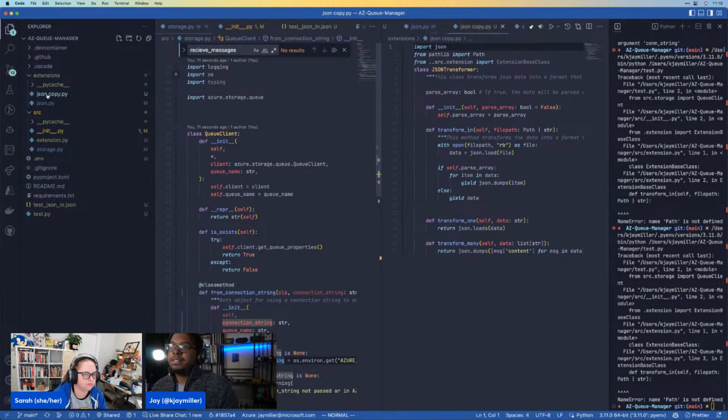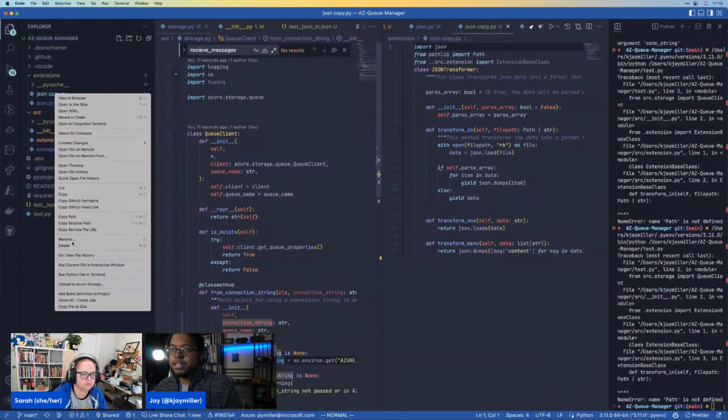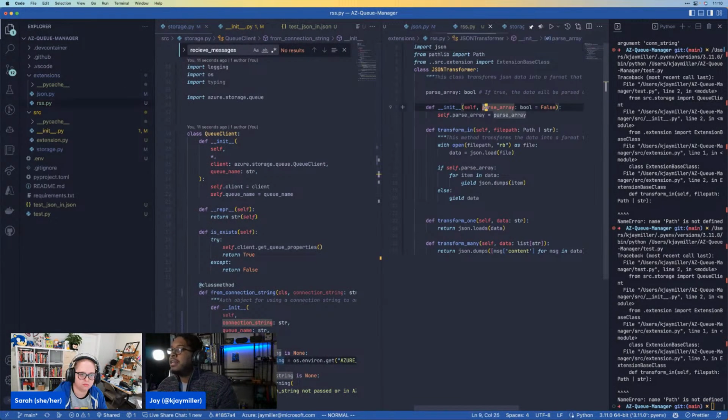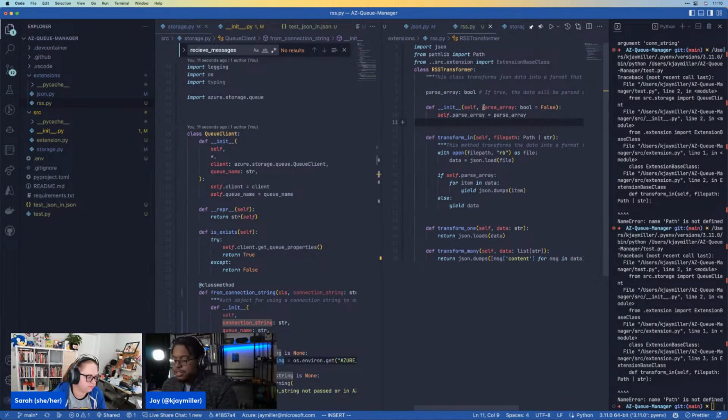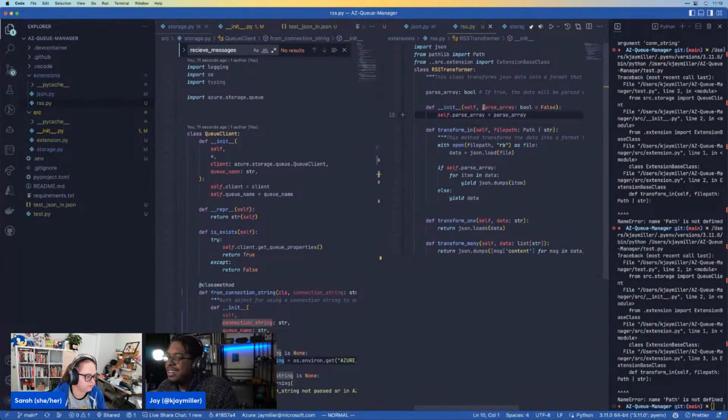put JSON copy. Now I'm thinking about how much this won't inherit from itself. But if we did RSS, like an RSS transformer, your input is just going to be the URL. And there's a question about whether that should be defined in the initializer or somewhere else. I think it would just be in the initializer, right? RSS URL, and then from there we